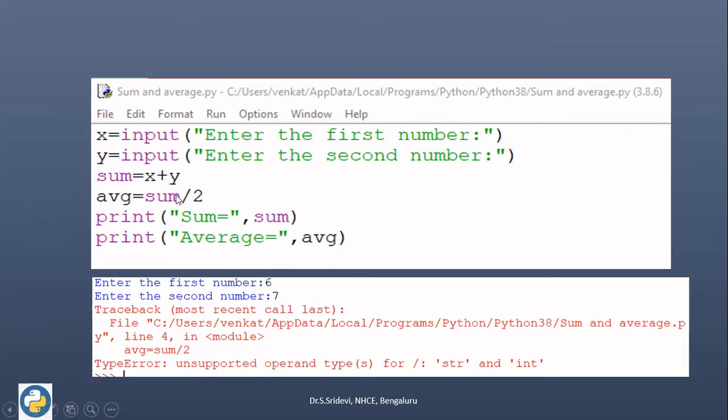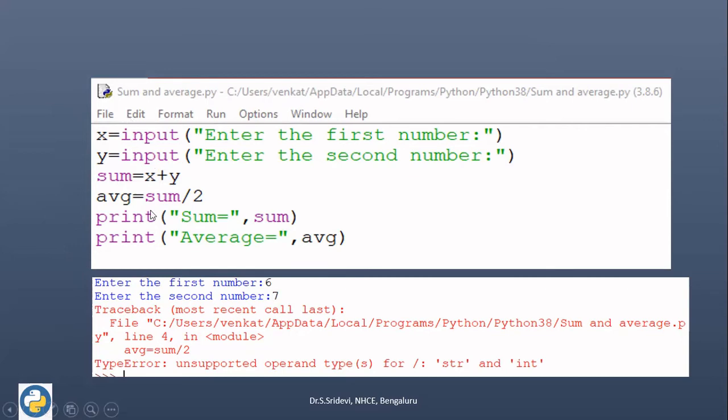After that, when I try to divide sum by 2, I'm trying to apply the division operator to the string variable. It is not allowed. So division is expecting the number to be either integer or float or something, but I am giving division for string. So it is not allowed. So I am getting type error, unsupported operand type. So here for divide, it is saying that str and int. So this sum is now str. So it is showing str and the second one is int because 2 is an integer variable. So we cannot divide a string by an integer variable. So we are getting this error.